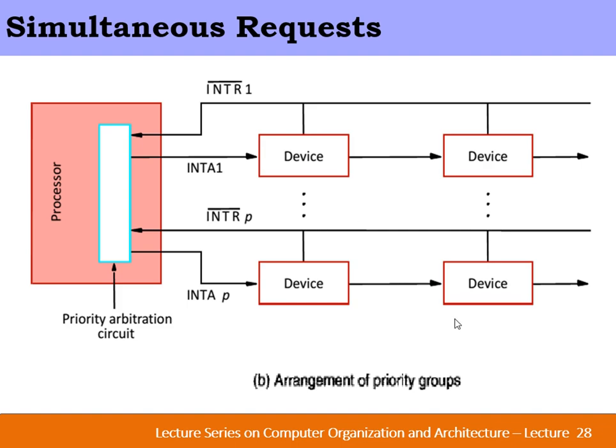If it does not require service, the acknowledgement line will be propagated to the second device, and so on. So this is going to achieve both things: fewer wires as well as the device having the highest priority getting service first, because we are assigning a priority level to every group of IO devices that are connected. In case of daisy chain, no doubt we minimize the number of wires, but the one very near to the processor may get service even though other devices which have an urgent service have to wait. So both things are now resolved. This happens when we combine both, so simultaneous requests can be handled.